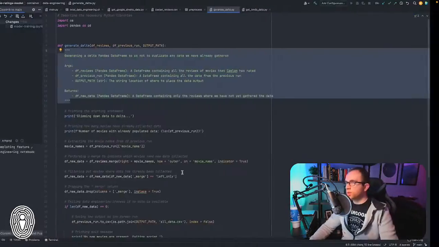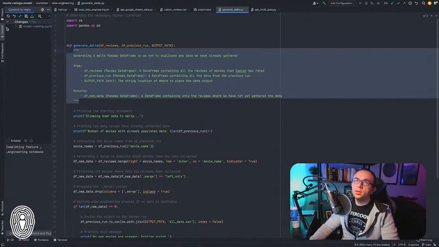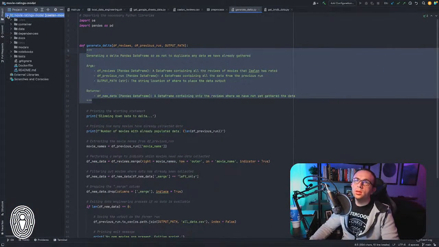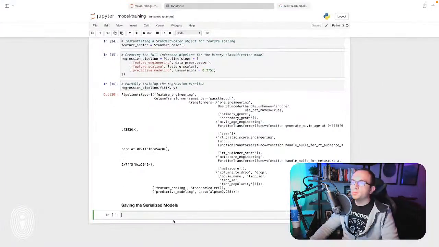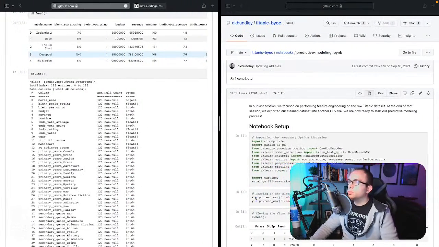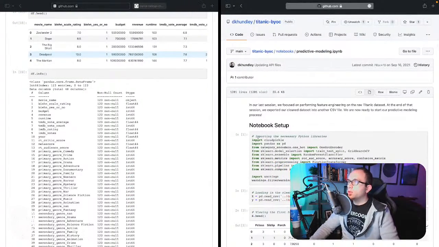Actually, I need to check real quick if I have a place to save these already. I should. Models, okay. And I actually did want to use Cloud Pickle for that, so I guess I got another thing to import. And the reason I'm using Cloud Pickle is because you can use Joblib or standard pickle